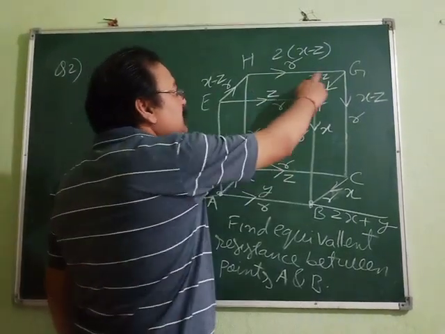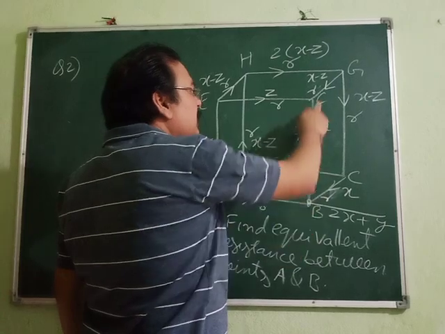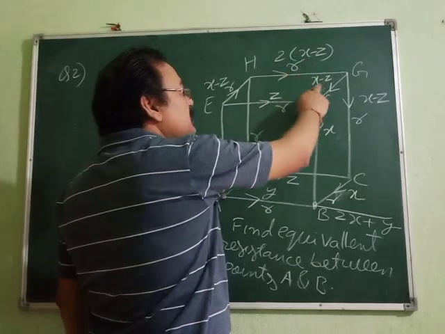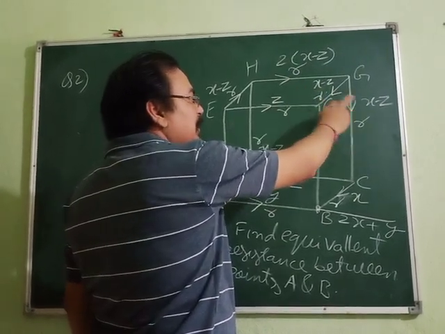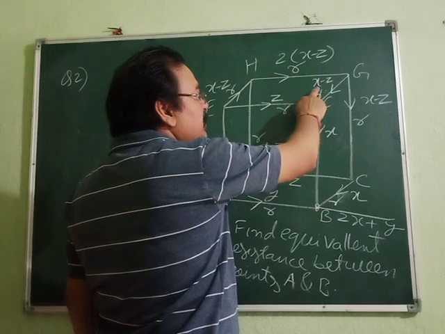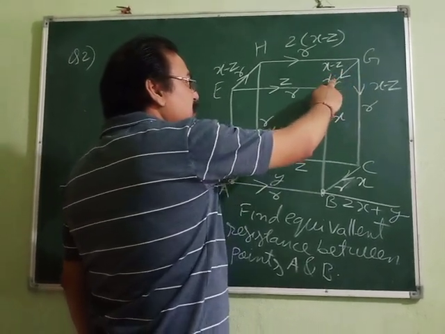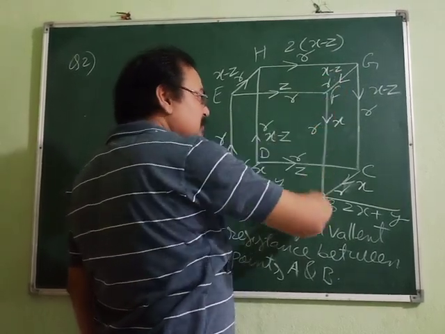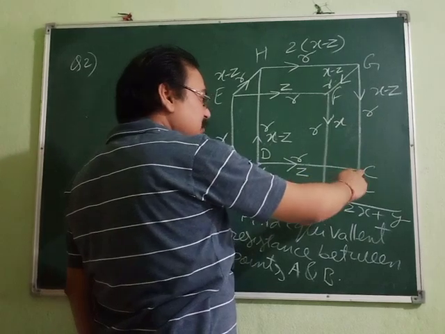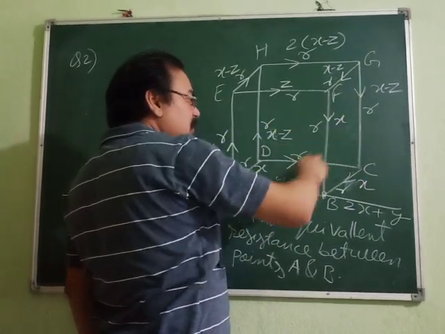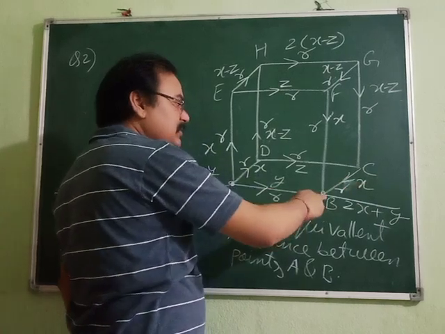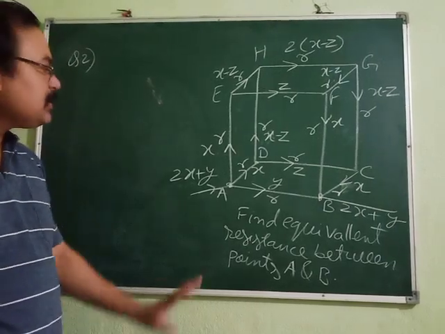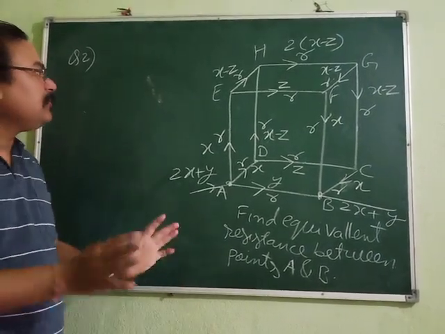Okay, now from here you will find the two paths are similar, because they are going to cross two resistors. So this current gets divided equally because of equal resistance in the two paths. So twice of x minus Z gets divided into x minus Z and x minus Z. This x minus Z reaches here, and as it reaches here, Z is coming from this side, so x minus Z plus Z becomes x. This x minus Z reaches here, and this Z is also coming, so x minus Z plus this Z becomes x and reaches here. So x is reaching here and this y is reaching here. So 2x plus y is reached here. Okay, so this is the basic flow of the current in this.